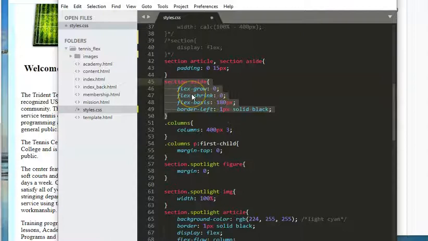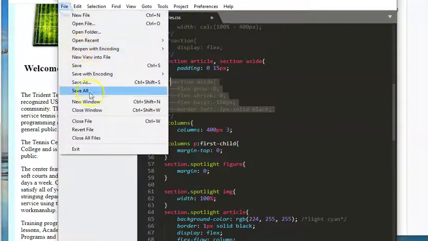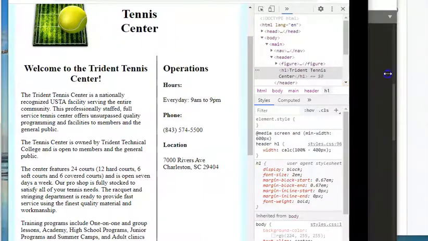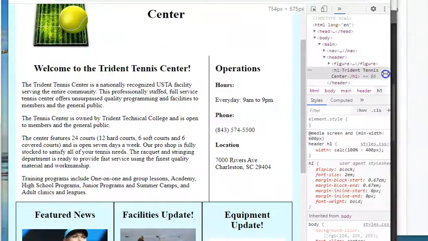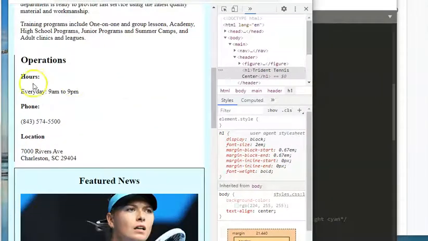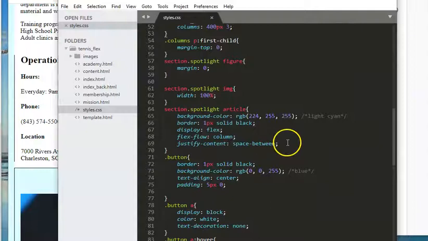So I can go ahead and comment out this whole thing. File, save all. I think I might have had a border somewhere else too, and that's why. Because that line just sitting out there doesn't look right. Okay, now the line is gone. Whoop, the line is not gone. Oh, okay, now I know why. Okay, that's because